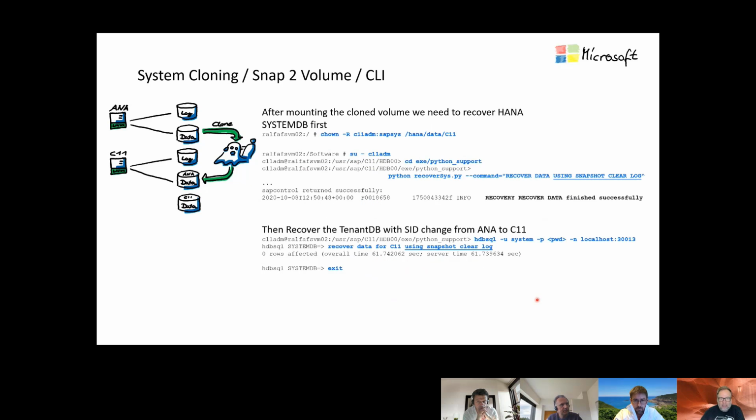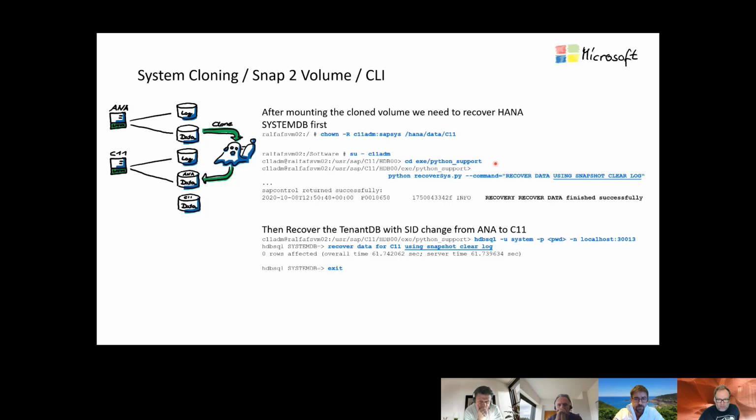Then I change the user rights on my data volume. Do not do this for the entire HANA, because that will create a mess. Only change the files that came from ANA ADM, as root. Go there and change all the files in your data volume to the new SID. Very important. Then you do exactly the same as for the recovery.